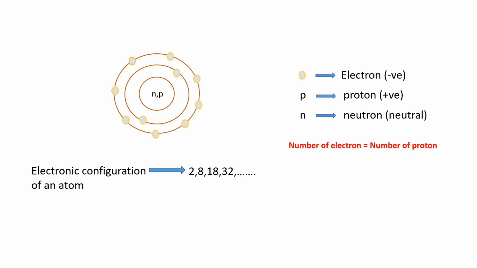So if the number of electrons is equal to the number of protons, what about the number of neutrons? Basically, the number of neutrons can be or cannot be equal to the number of electrons and protons. You will come to know about this in more detail in the further concepts. Now let's see the two basic definitions of an atom. For this, let's consider an atom again. Here, this is the nucleus where neutrons and protons reside. There are orbitals. In the first orbital, 2 electrons are present.